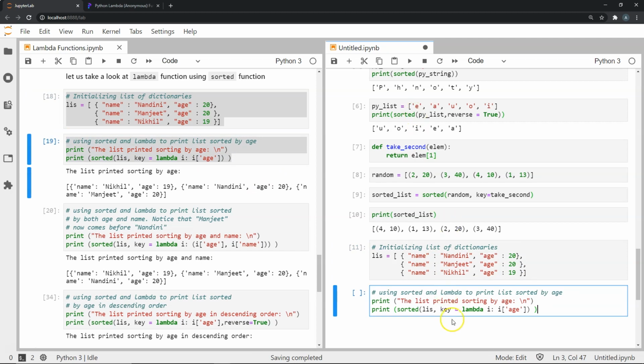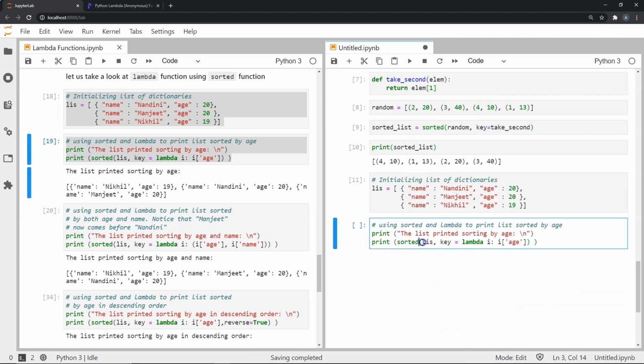If you go here, we're going to print the result of the sorted function being applied on this list. So this is our iterable. Now if you see here in the key parameter, we don't predefine a function and pass it over here. Instead we use the lambda.